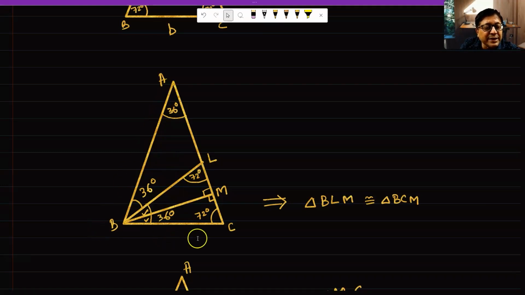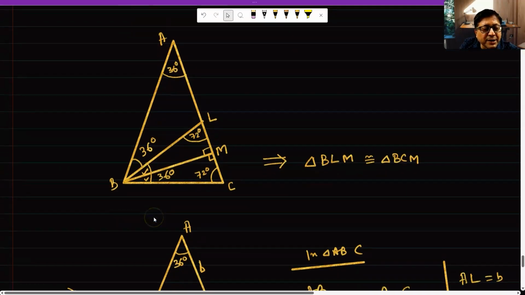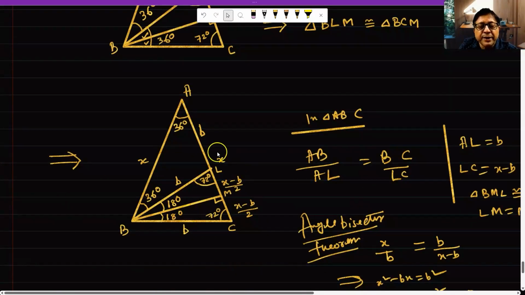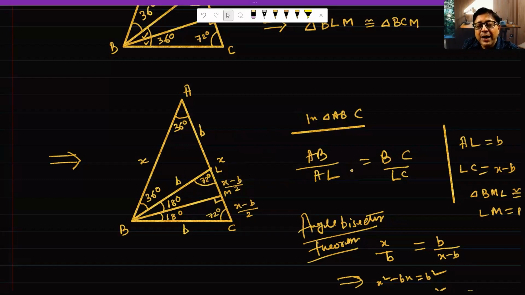Angle bisector means angle ABC is divided in two parts. This is 36, 36. This is 72, 72. This is 90, 90. And these two triangles are congruent. BML is congruent with BMC. So this part is 18 degree, this part also 18 degree. Clear? Now in triangle ABC, if we apply the angle bisector theorem, we have an expression like this, that AB by